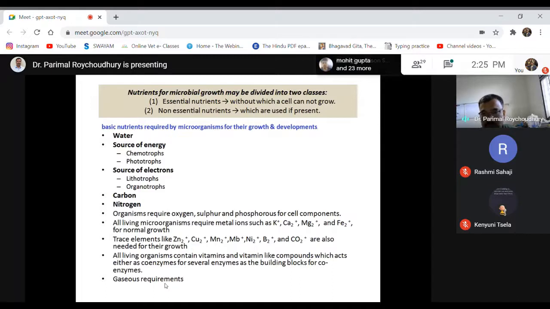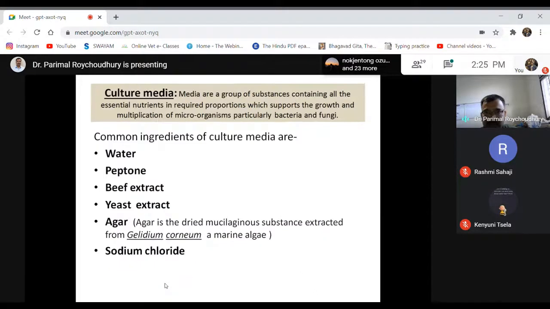So depending on their needs and nature, we have to provide the different conditions. So these are some of the basic things. Coming to the culture media, what we mean by culture media is that it is a recipe that will contain all the essential nutrients as well as some non-essential nutrients to support the growth of the bacteria, so that they are happy with the media that you provide, and they will grow and multiply, and they will form a